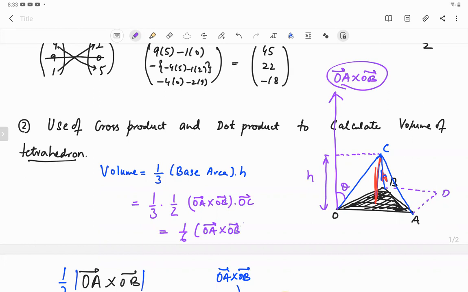Now, our final formula becomes equal to this. OA cross OB, we do not calculate its magnitude. We want to keep it as a vector because only a vector can have a dot product with OC. This blue expression OA cross OB represents this purple vector, okay? And when the dot product of OC and this purple vector is calculated, it gives us this value, base area into height. And then when we finally multiply it with 1 by 6, we are able to calculate the volume of the tetrahedron.